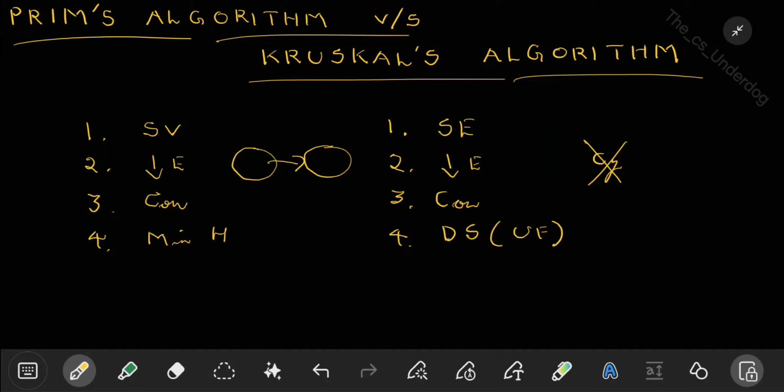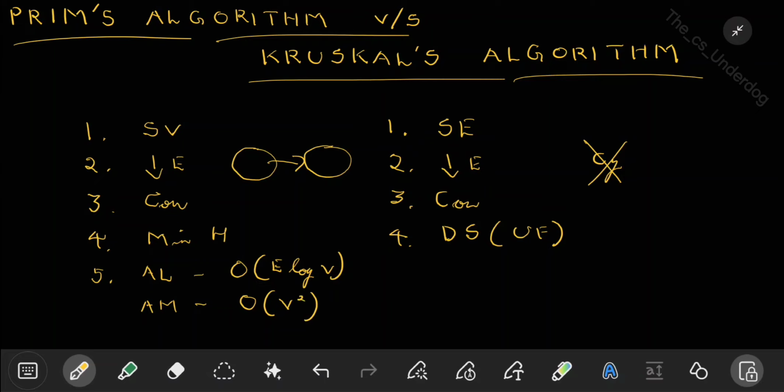What about the input? Depending on the input that is provided, Prim's algorithm changes. That is, if you provide input as an adjacency list, in this case, Prim's algorithm can be done using min heap and that can be done in order of E log V time. And what if it is an adjacency matrix representation? If it is adjacency matrix representation, you need not use a min heap. Instead, you can do a linear search on the array and you can do in order of V square time. This is in case of